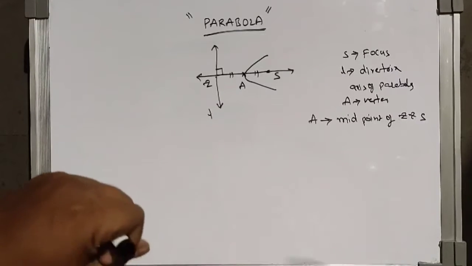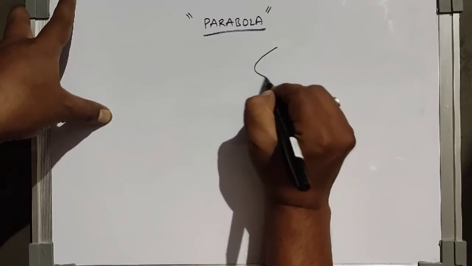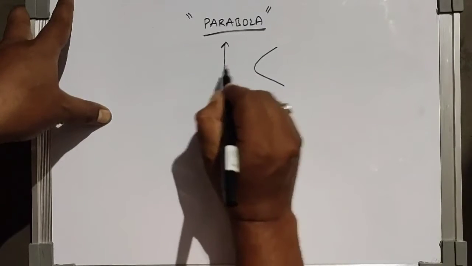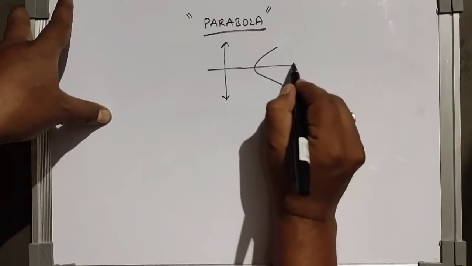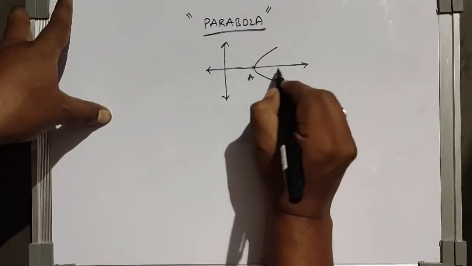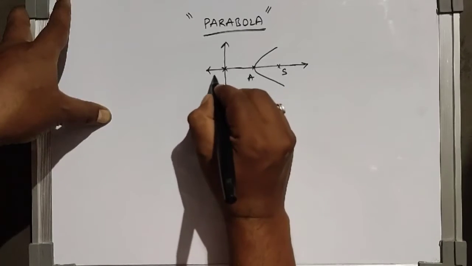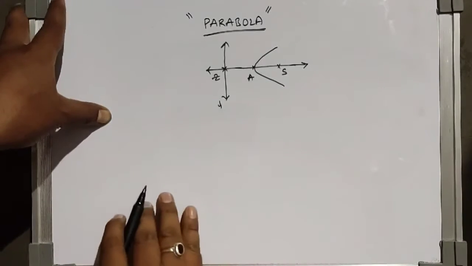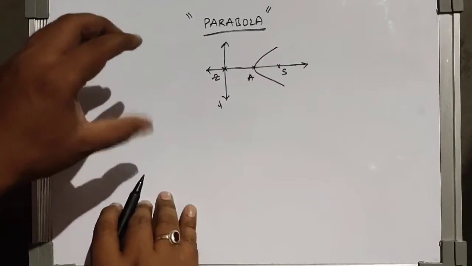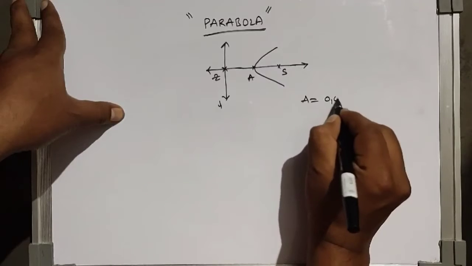So now let us derive the equation for the parabola. This is the parabola and this is the directrix and this is the axis of parabola. So I'm taking that this is the vertex A, this is the focus S, this is the projection of S on the directrix, that is Z, and L is the directrix. So to find the equation of parabola, I'm taking A as the origin, that is A equals (0, 0),